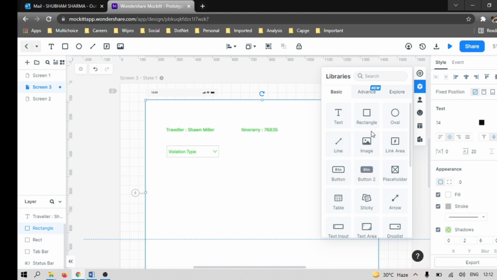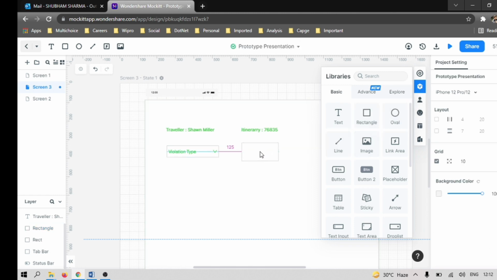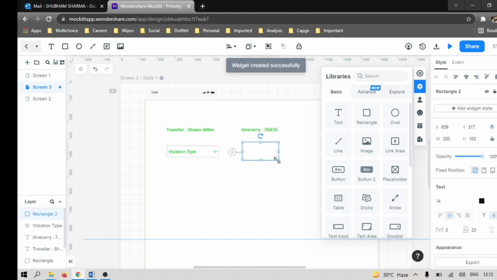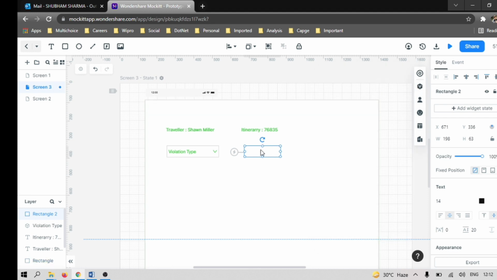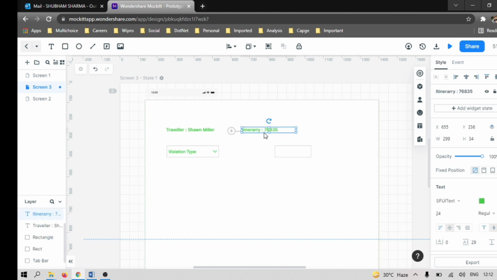We can put this rectangle here, so that will look the same as a text box. Okay, so we just need to take care of its height and width so that it can look the same.